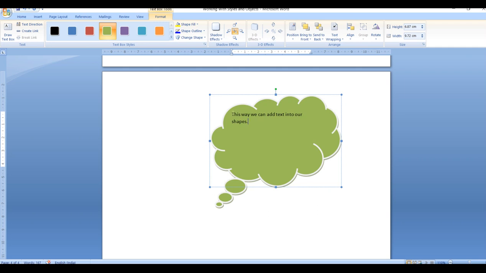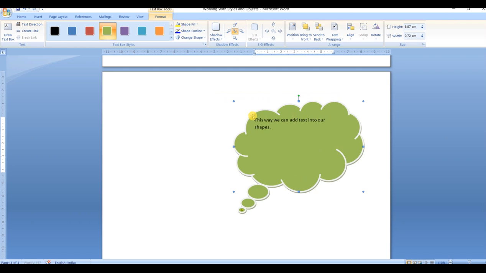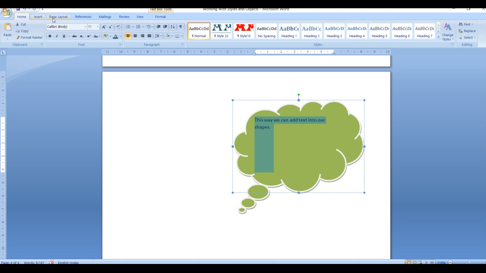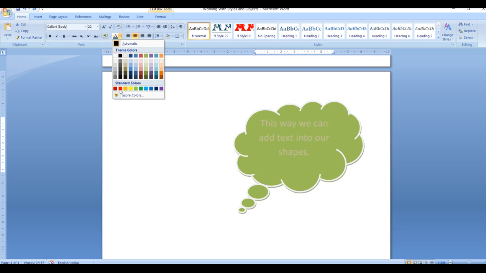Now, if my shape is quite big whereas my font is very small, I'll just select the font and increase the size of it. I can even make it center aligned. I'll increase it again. I can even change the color of my font.